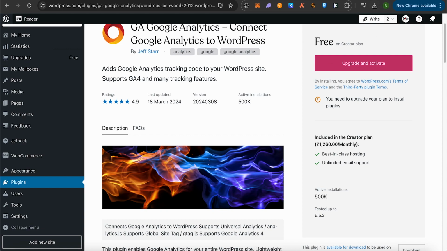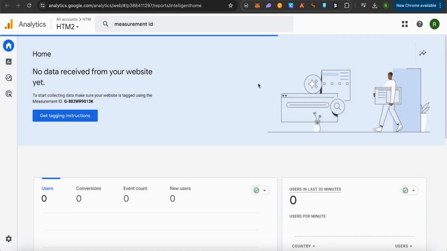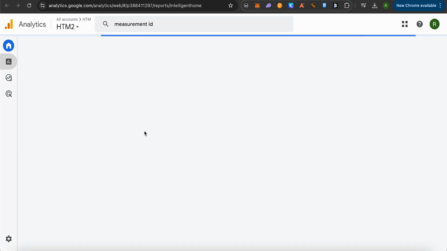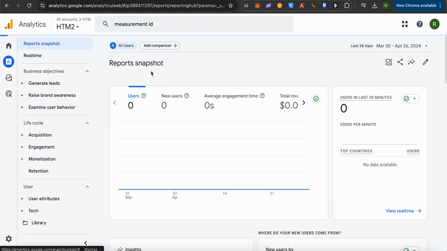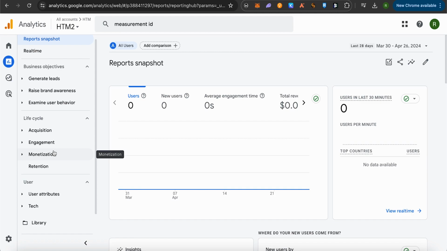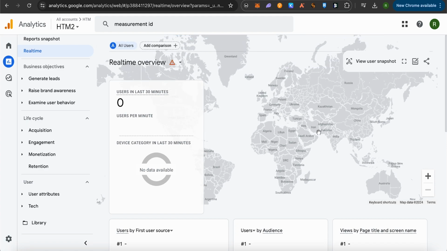And for that, just simply open up Google Analytics, and over here when you go on to the section of reports, wait for it to load. Over here you would be able to see different options for you. You can just simply select any of the options according to your needs and requirements, and you can also select the real-time data, and this way you would be able to analyze all the data from your website